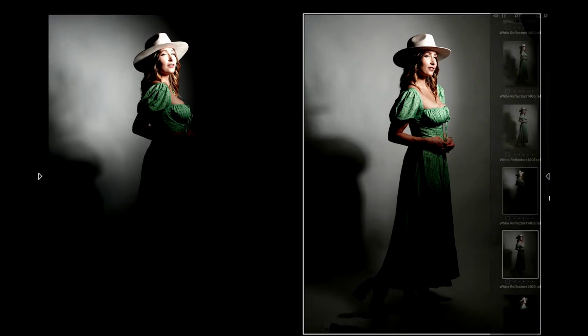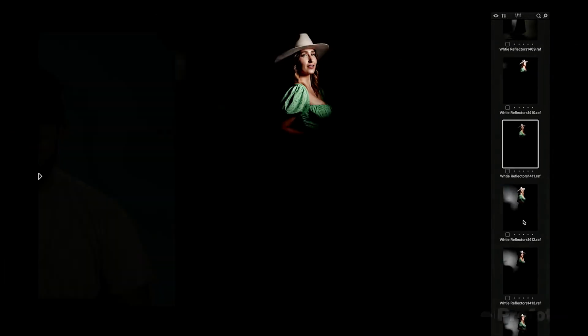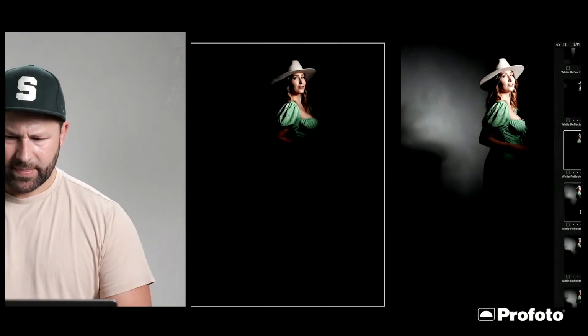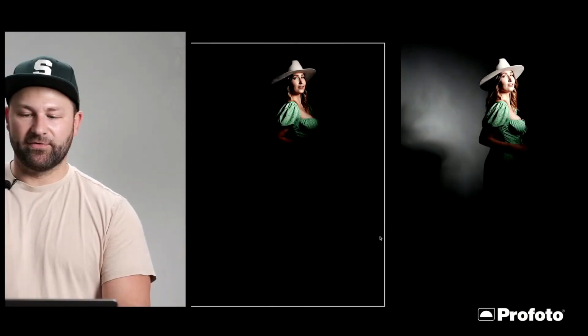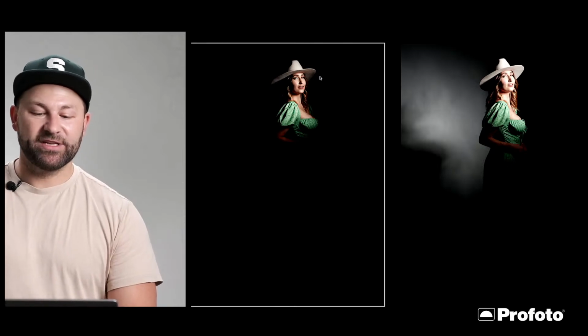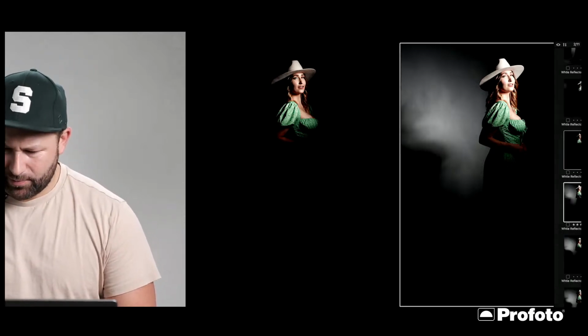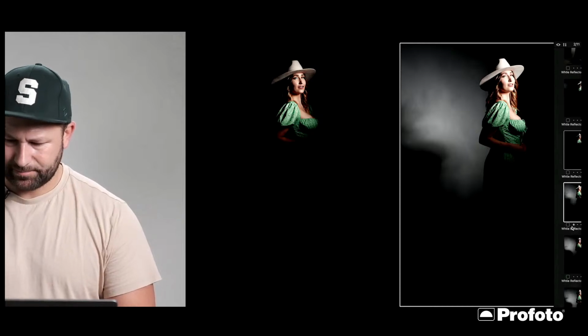So now let's go and talk about grids. Cool, let's pull these up. So this is the Magnum Reflector Silver with a black grid and a white grid. So again, the black grid is going to allow the light to be incredibly, I want to pull back the